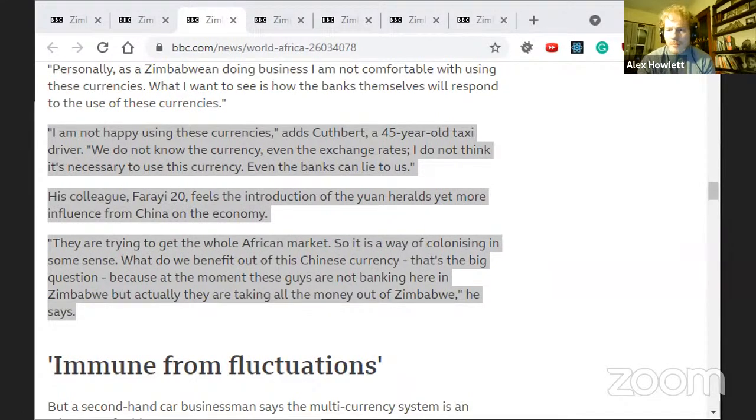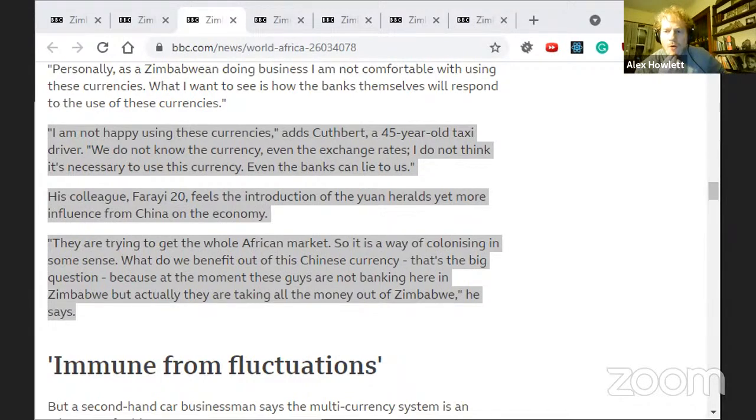I don't think the yuan really took off in Zimbabwe after this article. It was mostly dollar stuff. At one point they had 12 different official currencies in Zimbabwe, and none of them were the Zimbabwean currency. They were all foreign currencies. But I think that kind of simmered down a little bit. It narrowed down to more like the dollar and maybe the pound a little bit. And then more recently, they banned the dollar, of course. And they banned all currencies, I think, except for the Zimbabwean currency. So, yeah,